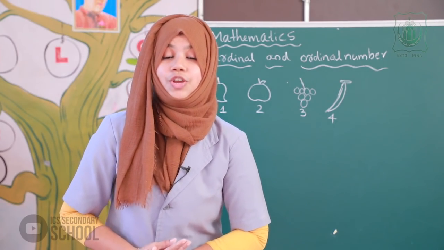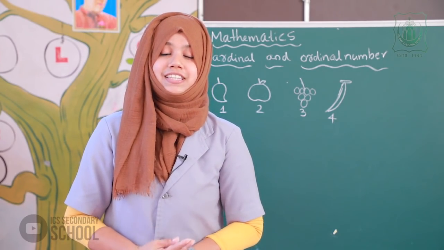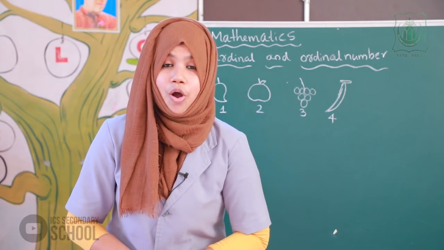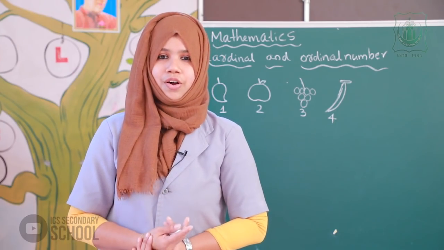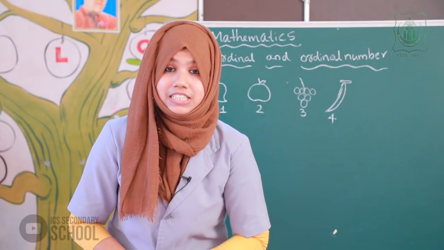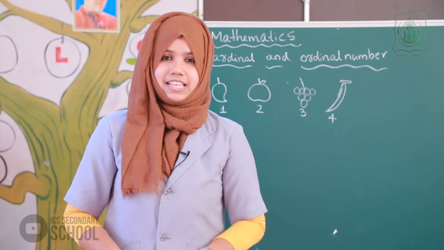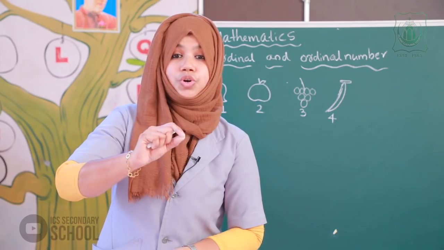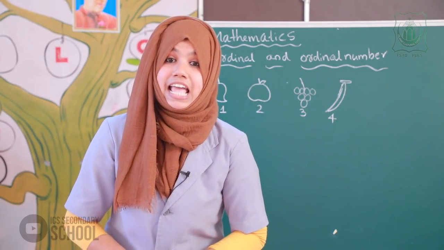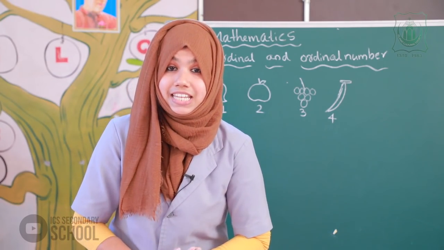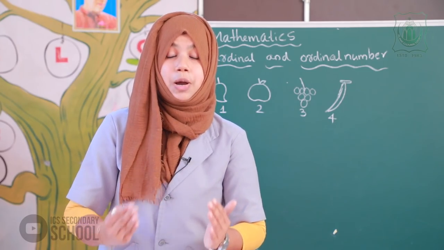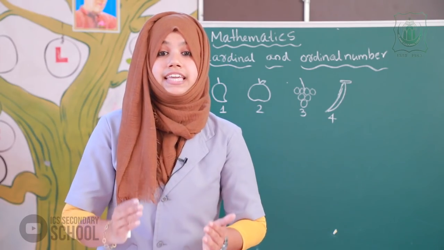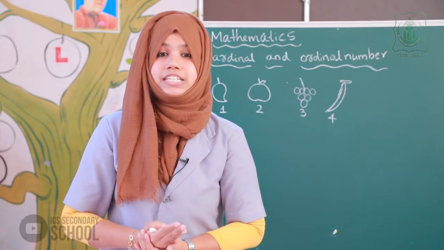What was our last topic? Yes, in the previous class we studied about ascending order and descending order. What is ascending order? Arranging the numbers from smallest to greatest, and that is ascending order. What is descending order? Arranging numbers in order from greatest to smallest. I think you had understood the topic.